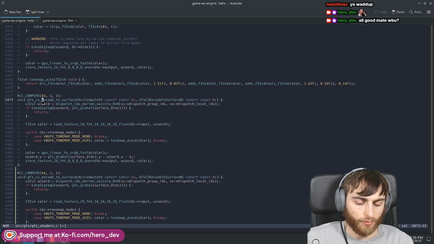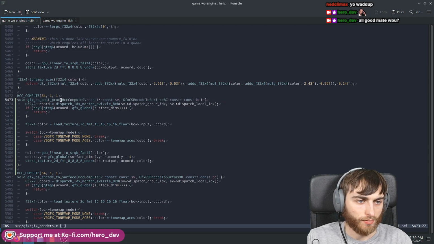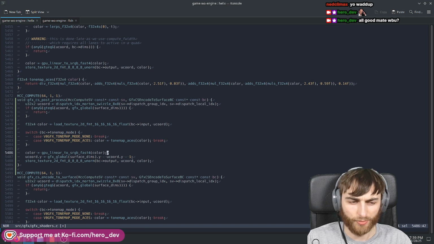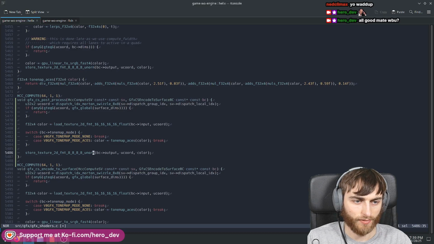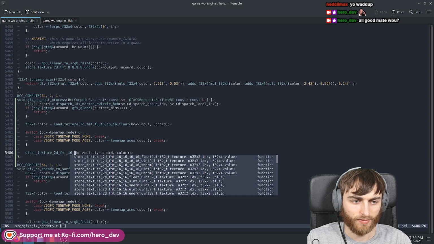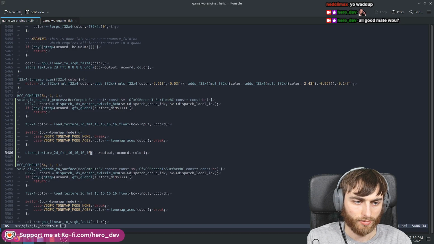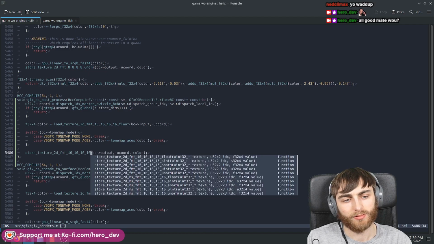But instead, I think what we want to do is have a post-process shader, which will simply load in, and at the moment, we'll do the tone mapping. And then it will write it out to probably another 16-bit float texture because